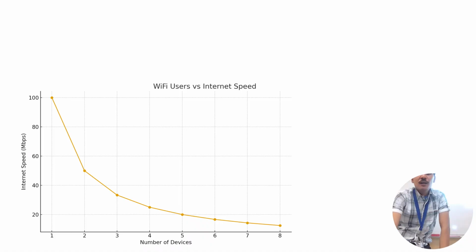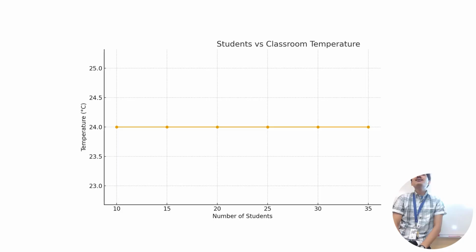All right. What about this one? Whenever you see a flat line, what is this? Constant. There's no relation. Do you understand why constant means no relation? Yes, because it doesn't change whether there's more or there's less. If you add more students, sorry,